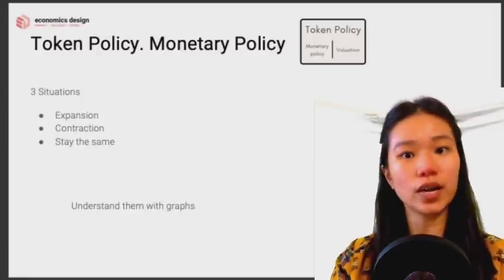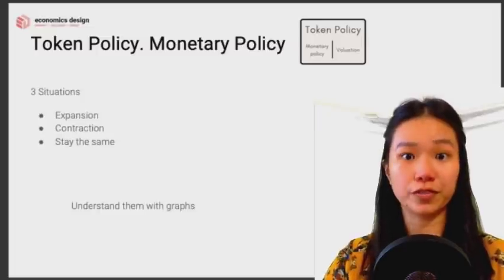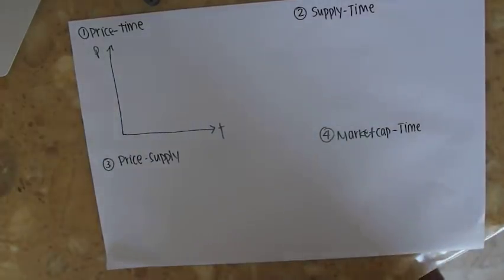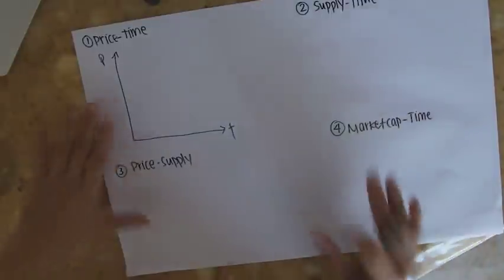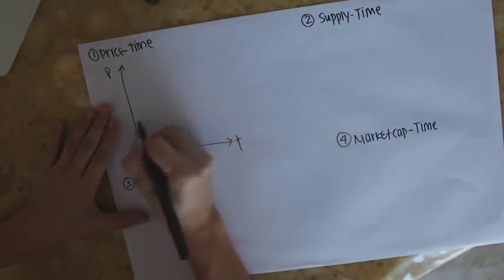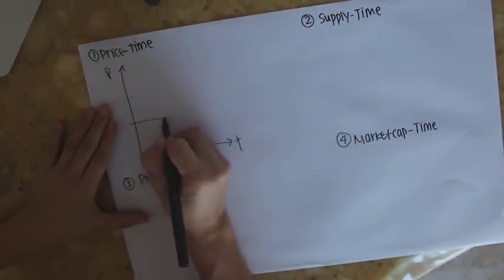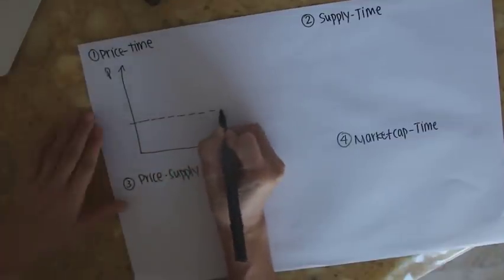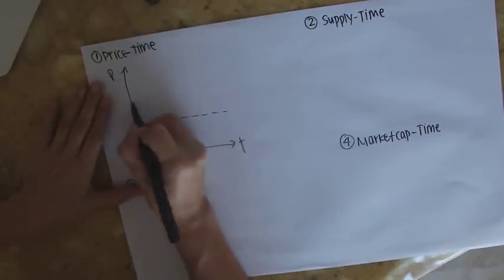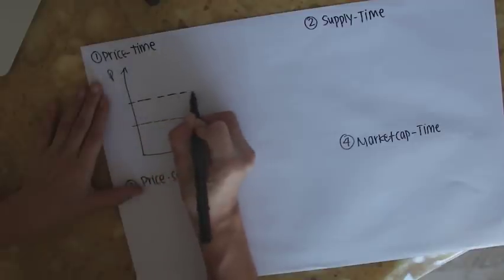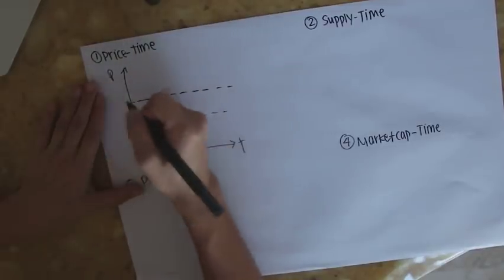Let's look deeper into understanding how they work with graphs. Let's get started with the expansionary ways. So we're going to look at 4 different graphs: price versus time, supply versus time, price versus supply, and market cap versus time. If we look at the price versus time, what I'm drawing right now is the